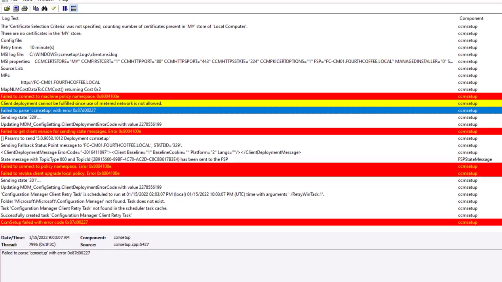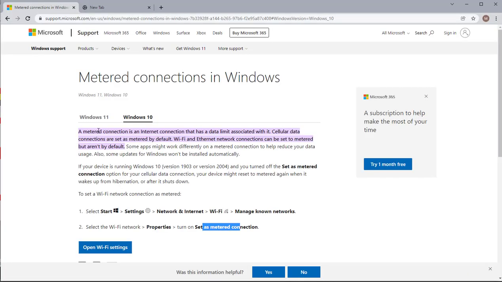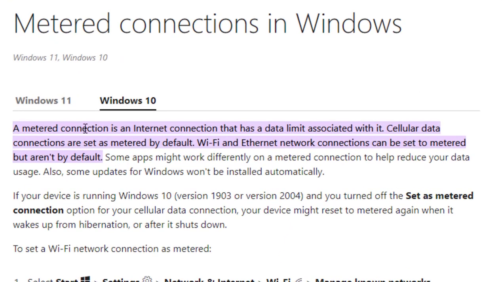Metered connection is a feature provided by Windows. As per the Microsoft support document, a metered connection is an internet connection that has a data limit associated with it.